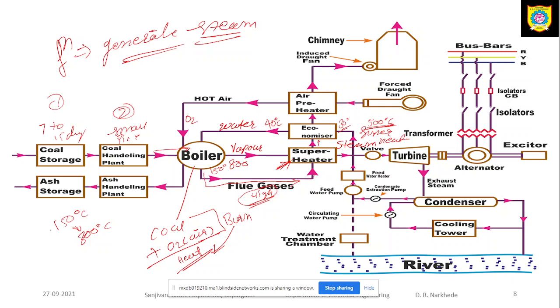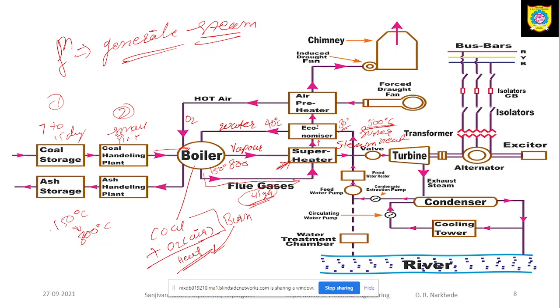We know that heat can be transferred by conduction, convection, and radiation. So the heat of these gases can be absorbed by the water flowing through the economizer. The water flowing inside the economizer has a lower temperature, and the gases passing beside it have a higher temperature. So that will extract the heat of these outside gases, and then the water is fed to the boiler. So here also my thermal efficiency is increasing.